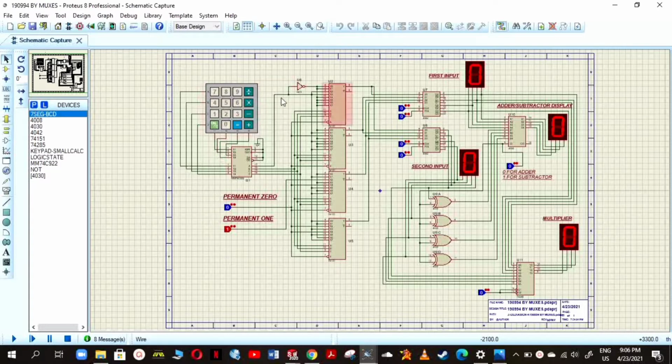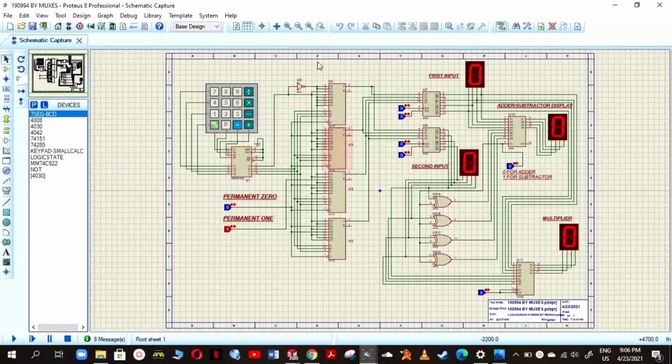Without these muxes, if I apply 2, it will display 8 on input, and if I apply 1, it will display 9 on output. Then if I apply 3 on input, it will display 7 on our BCD segment. So for correction of our keypad, here we use four 8x1 muxes with the help of BCD.